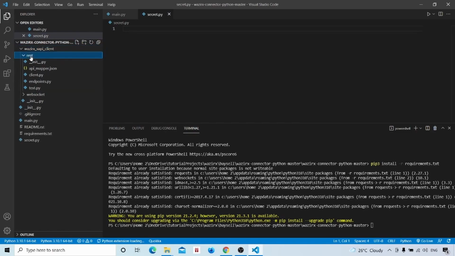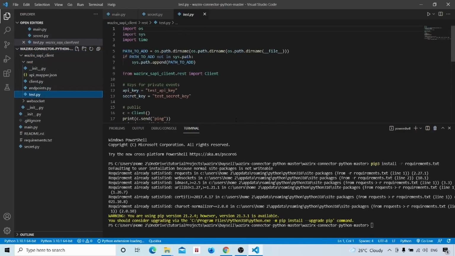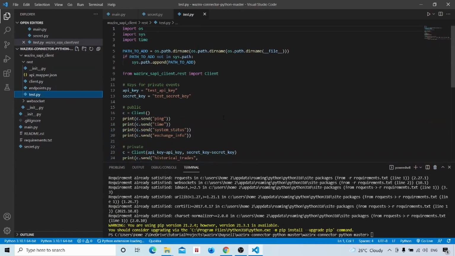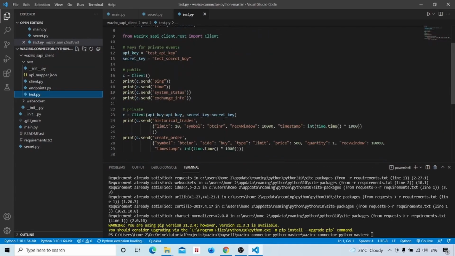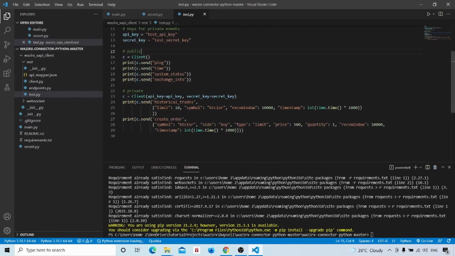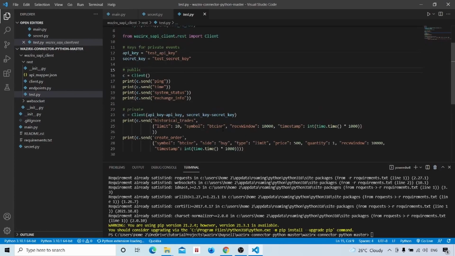Inside the REST folder, there is one test.py where they have given the test code for the API. In previous videos, we had already checked the public endpoints. In this video, we will check private endpoints. For that, we have to create the client using an API key and secret key.